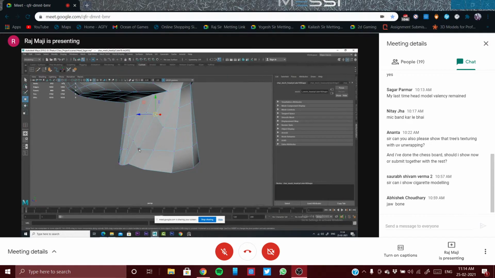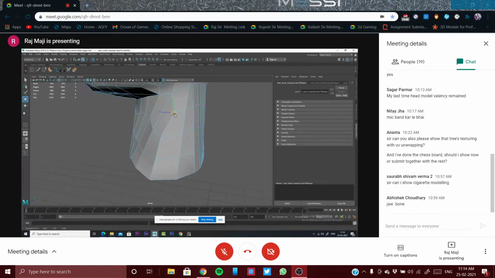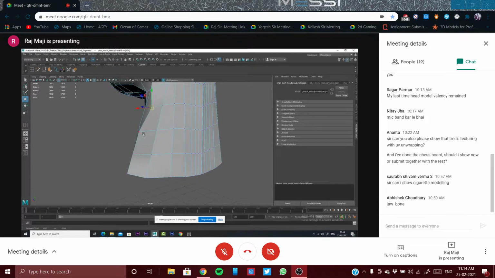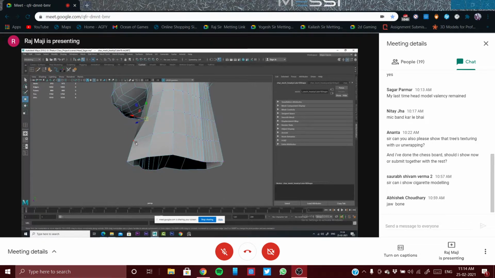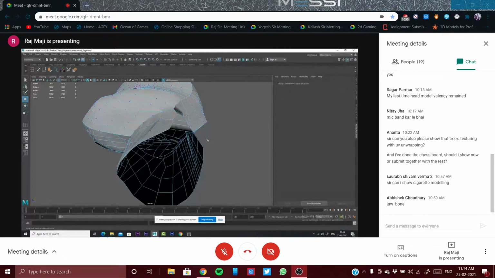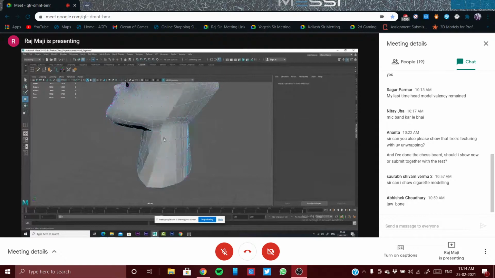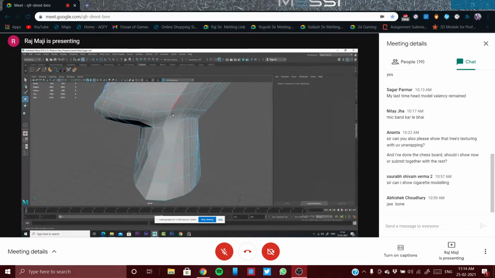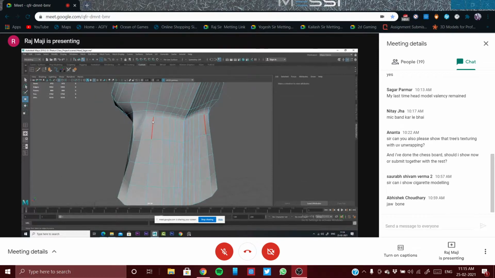So this kind of topology we should create in this area. Sometimes what we do, so after getting this, what I'm feeling like I can do another twist over here. This is looking better.